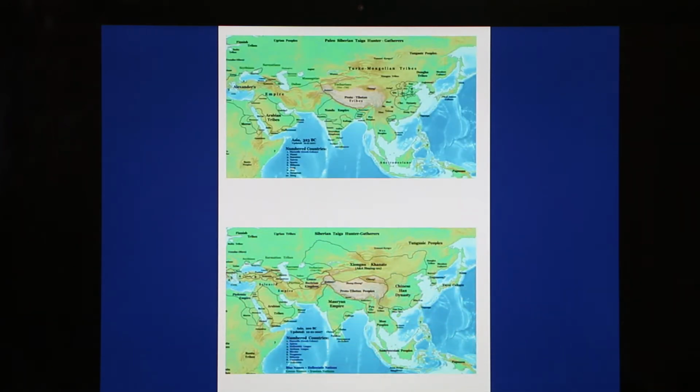But to understand the bigger picture, we have to realize that these Turks were way up there. There were Turco-Mongolian tribes, and then there was a Xiongnu Khanate that spread all the way from here to there. So we're covering from East Asia to Middle Asia. And then in the course of the centuries,